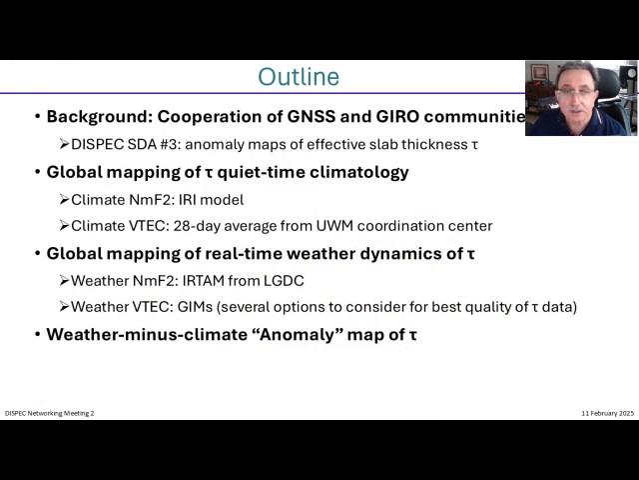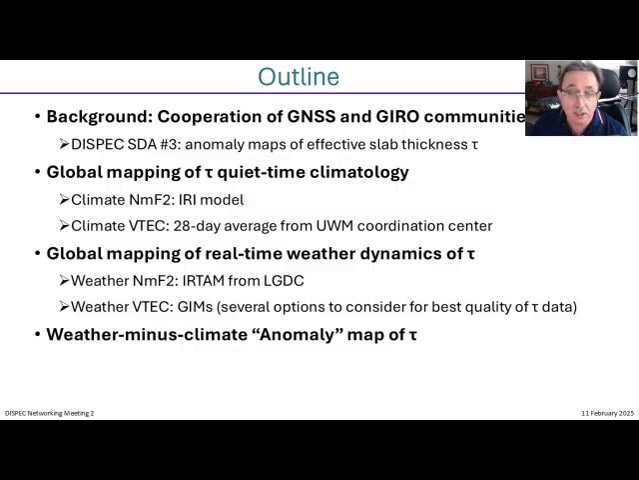So this SDA, Science Data Application, is about the cooperation of GNSS and GIRO by means of computing real-time anomaly maps of the effective slab thickness, tau. There are three categories of global maps involved. Maps of the quiet time climatology that are computed using a climate peak electron density in F2 layer, NmF2,